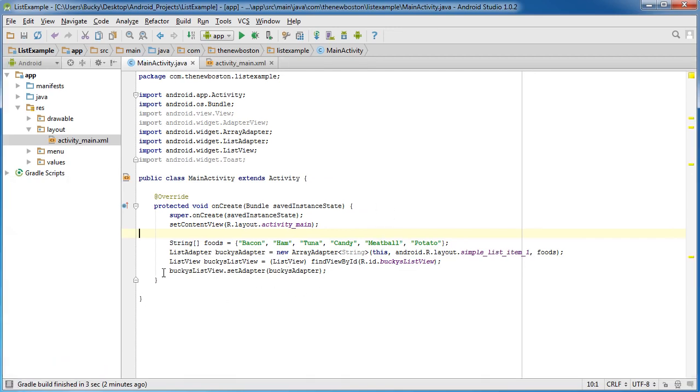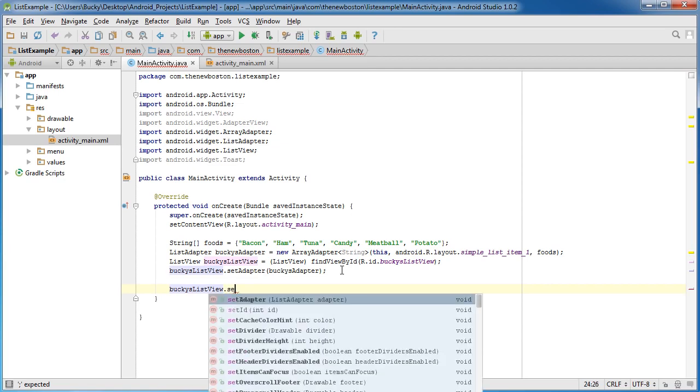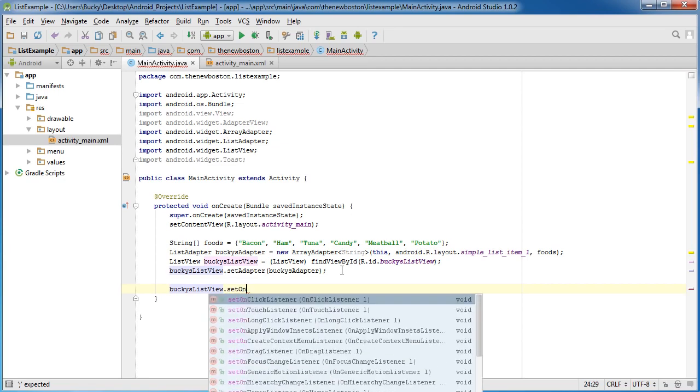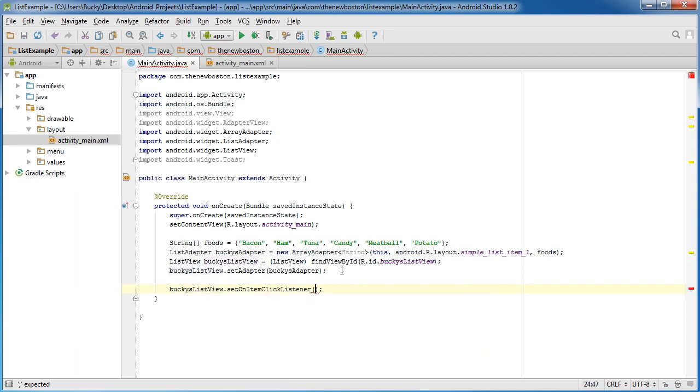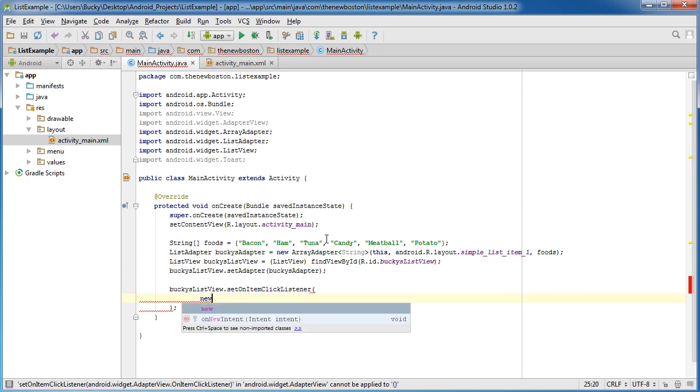Alright, so after your last line of code in the onCreate method, go down, and if you go to Bucky's list view, what you can do is set an on item click listener. What this is going to do is it's pretty much a listener to see when you click an item in that list. So inside here, you did all this before, new